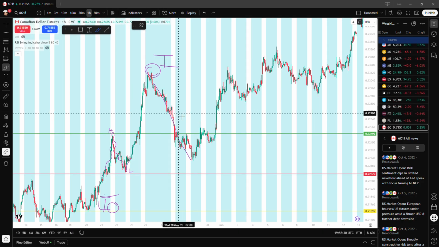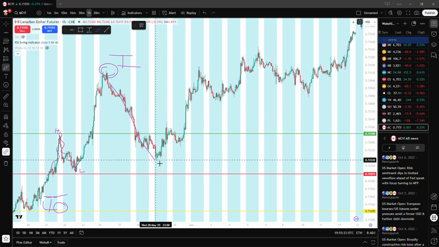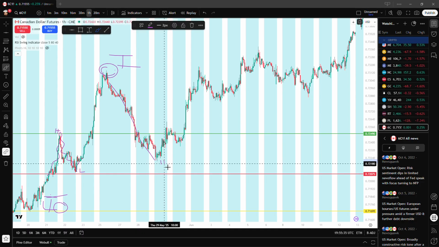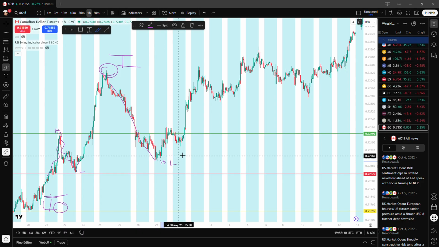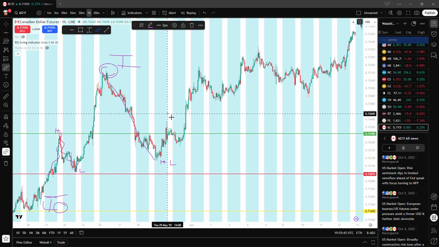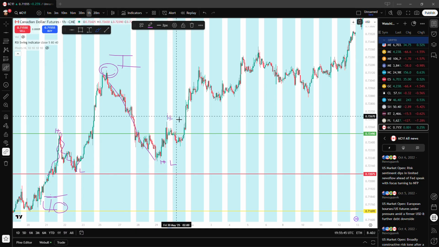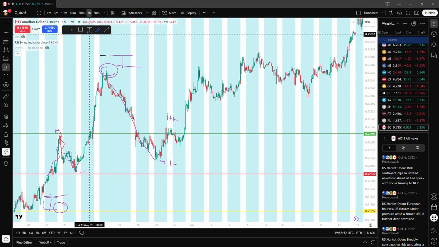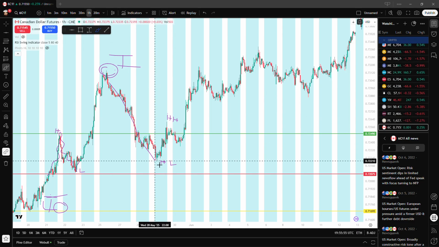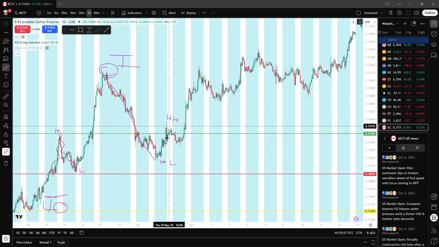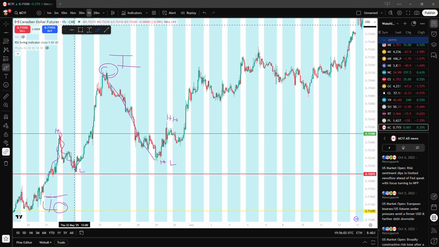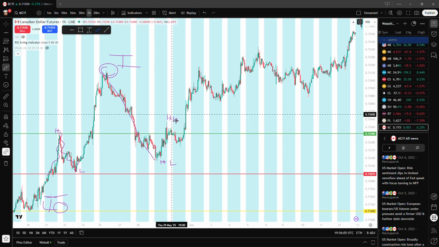Two things that I can notice right here. It formed a higher low and it formed a higher high, which gives us information or evidence that it's leaning more bullish in this scenario right here, right? But say it